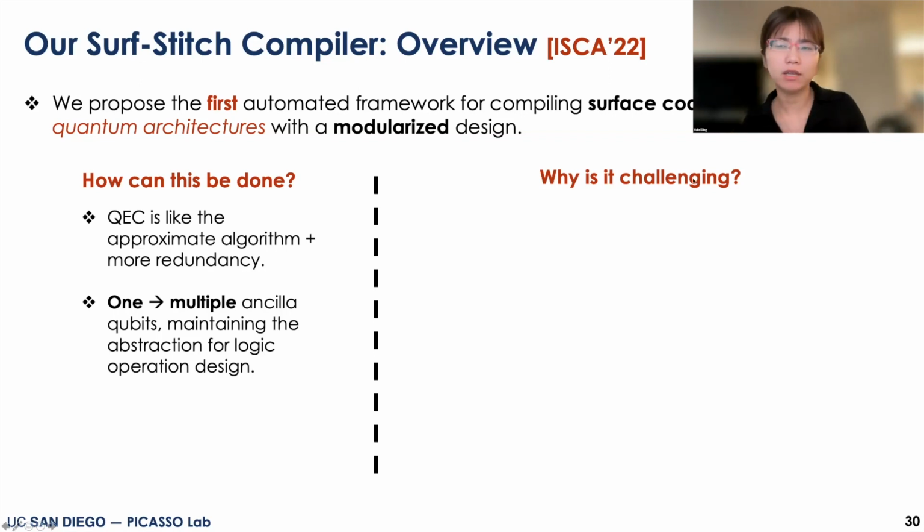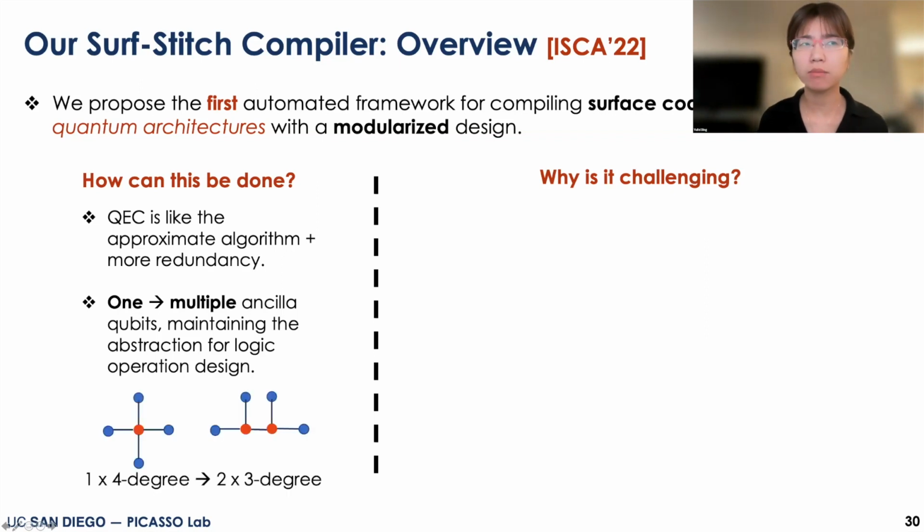So it will not fail immediately. Here is an example. Instead of using 1 ancilla qubit to get the parity of the 4 data qubits around it, you can use 2 ancilla qubits, each getting the parity from its 2 neighbors, and then we can merge this parity information together. This change lowers the demand from 1 degree-4 qubit to 2 degree-3 qubits. In this way, you can relax the degree constraints.